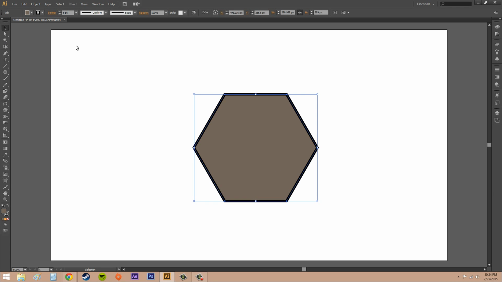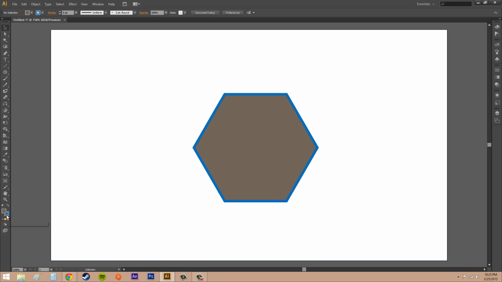Go ahead, click on it again, and to the right of it is called the stroke, and that's the outside line around the edge. You can click on this to change the different colors of the stroke. Now if you look over here on the tools panel, you can see that these same two